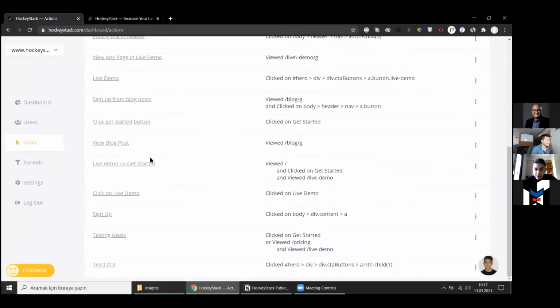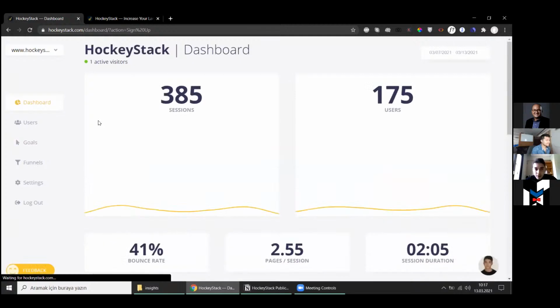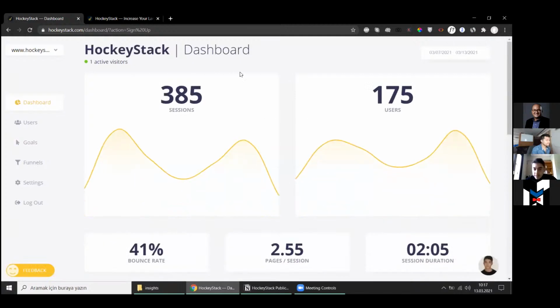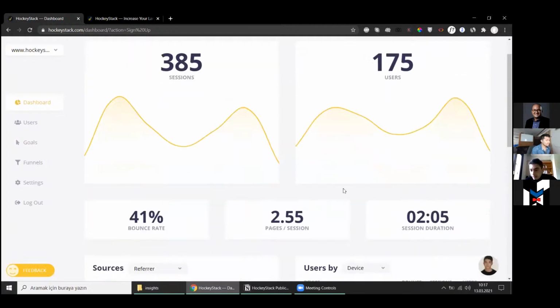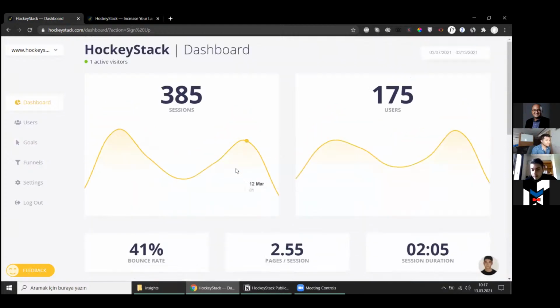And when you define that goal, and when you click on one of the goals, the dashboard automatically filters by that goal. For example, someone asked in the live chat, how can we get actionable insights from data, something like that. So for example,